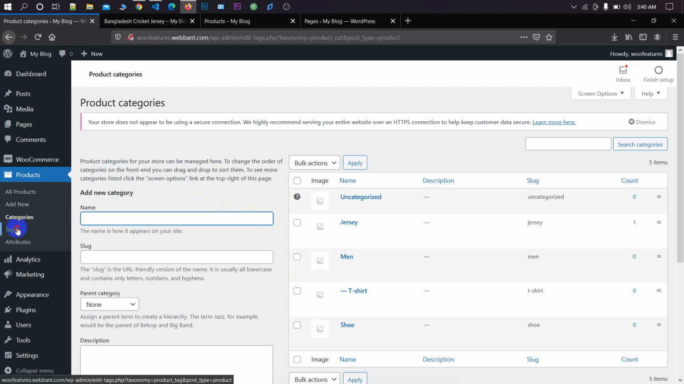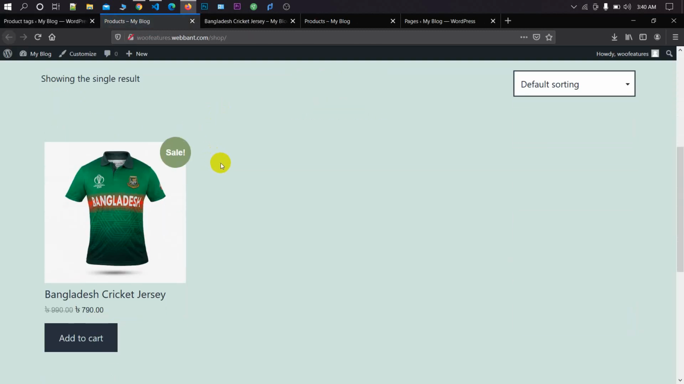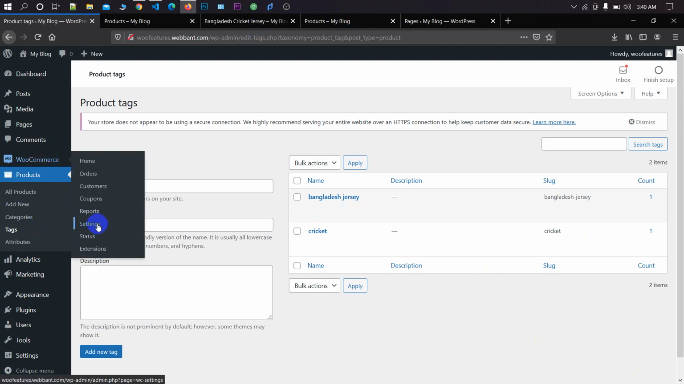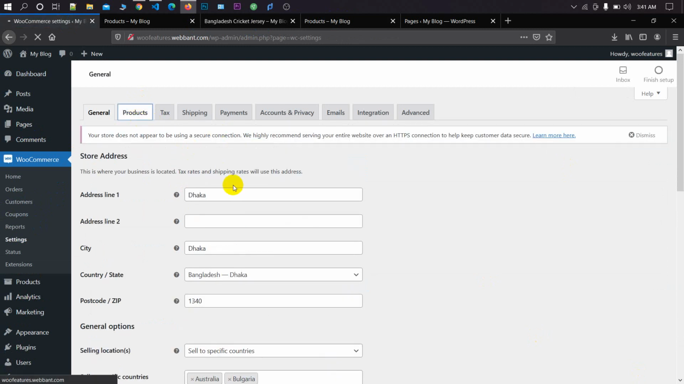Okay, the same thing you can do for tags. You can add tags. As you can see, I have added tags before, like Bangladeshi jersey and cricket. As I showed you before, if I click on visit store, you will see this product on the shop page as well. If I go to WooCommerce, then settings, I can change the shop page as well. So if I go to the product,